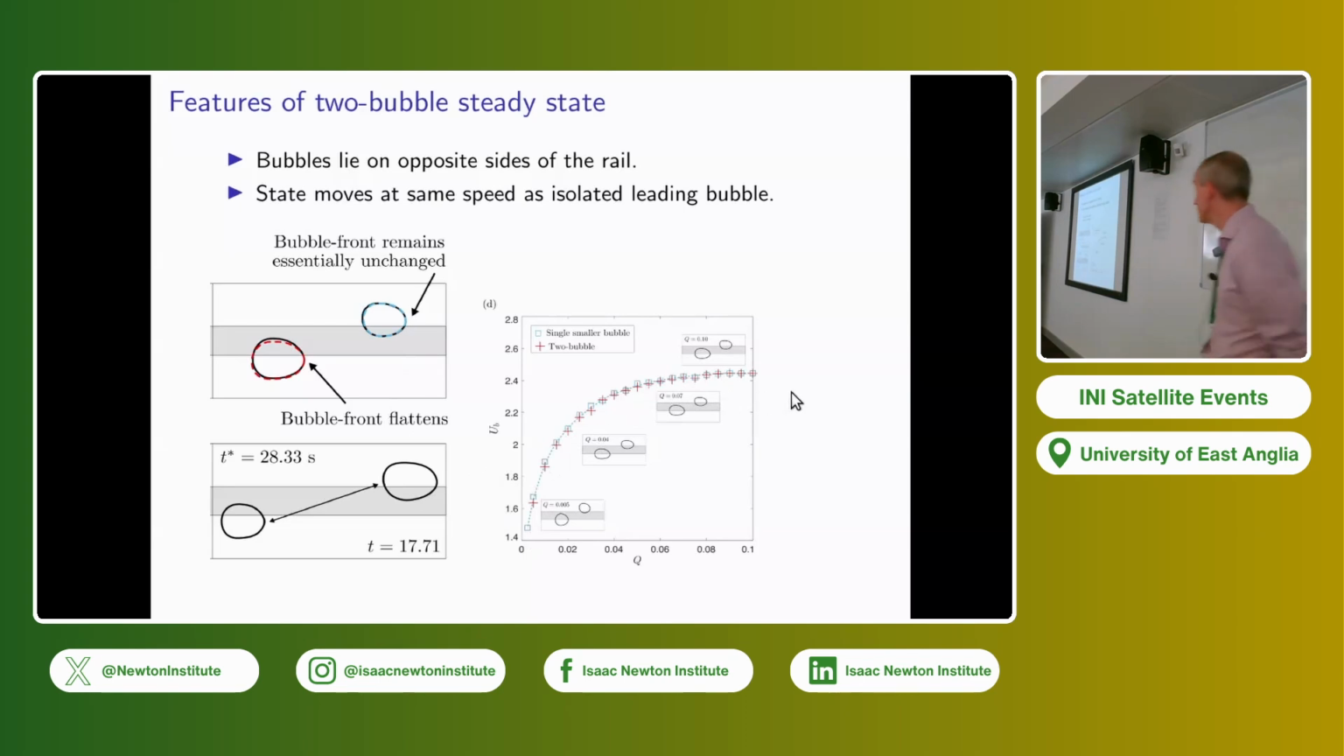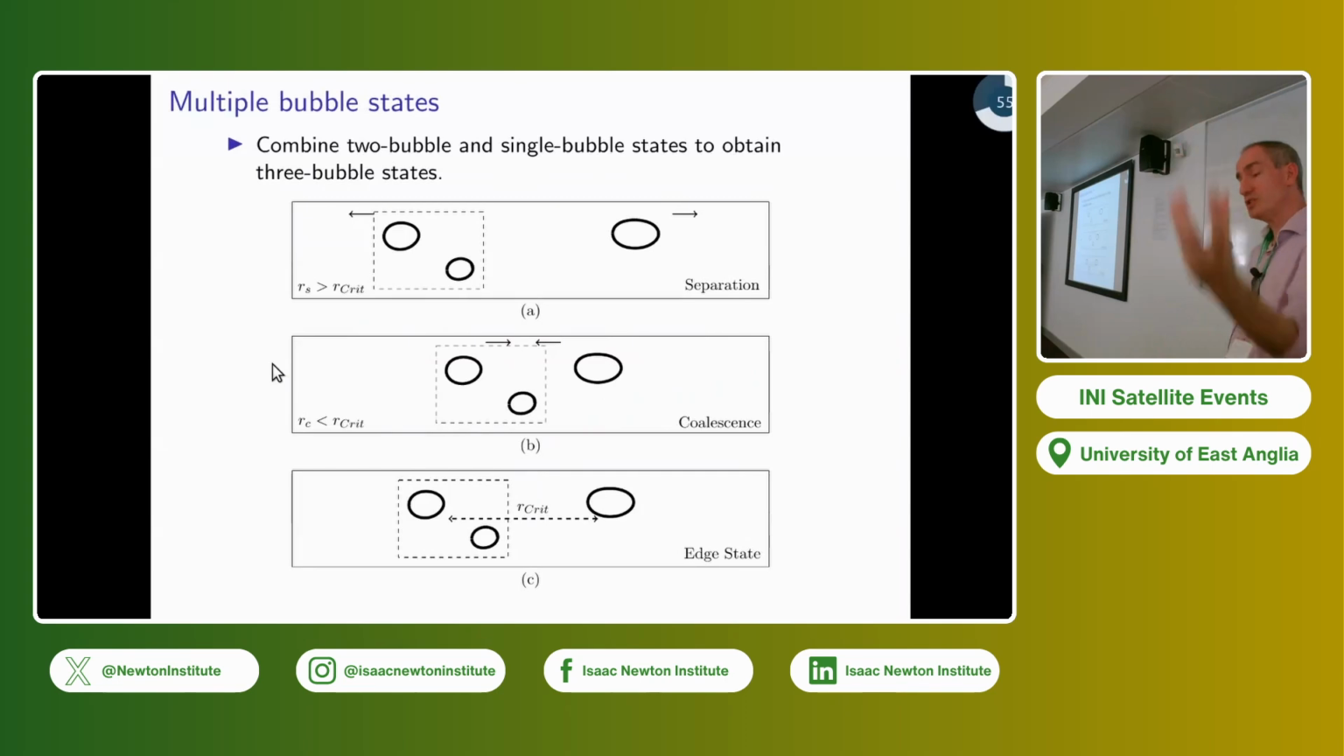So those are the results there for the single bubble and the two bubble state. Basically, the leading bubble doesn't really change, and the trailing bubble's position and shape are adjusted in such a way that its speed matches, and this whole thing can propagate as a coherent unit. And so once you've got two, you can play this same trick of edge tracking and get 3 and 4 and